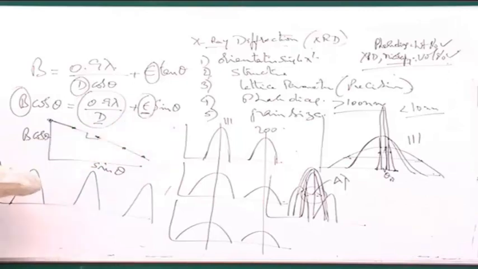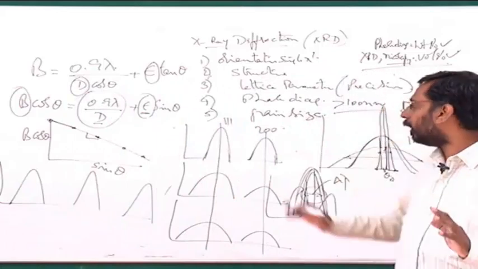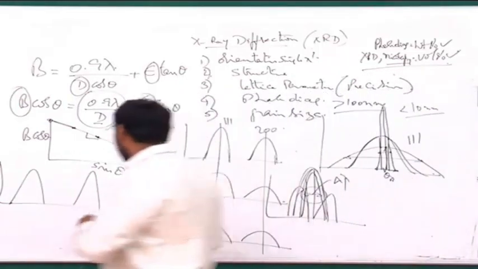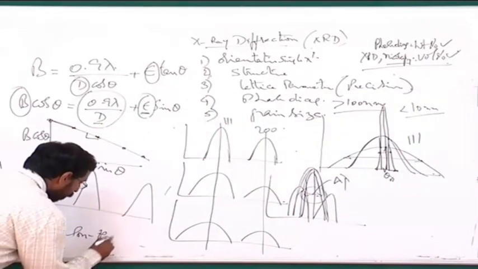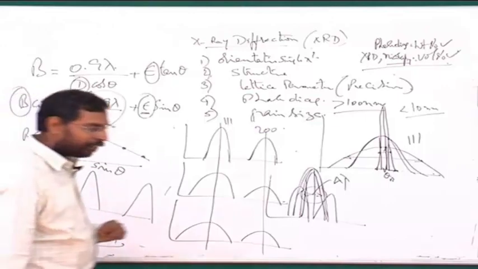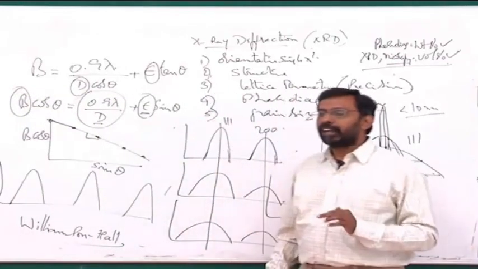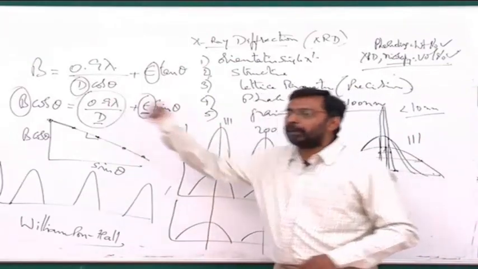So I am able to get both these parameters at a time simply by taking this. Many people usually refer to this as the Williamson-Hall method. Of course, Williamson-Hall has some other modifications. I will not go into the details of it, but in general, one can represent this, which is called a multi-peak method, by going to a number of peaks.